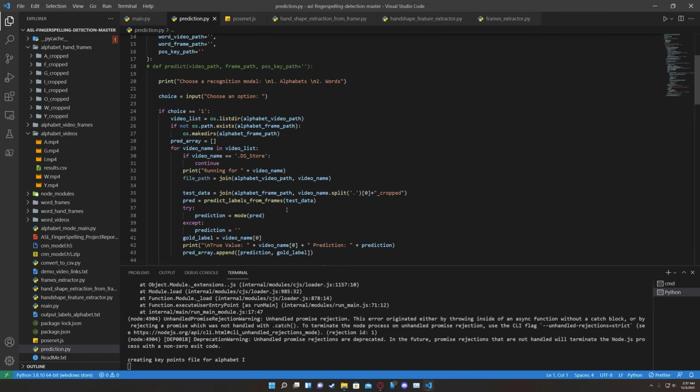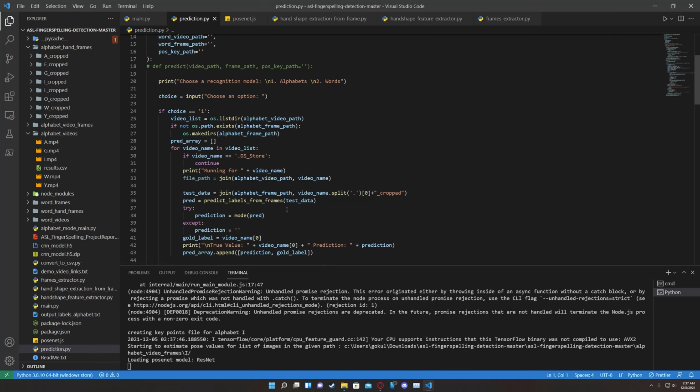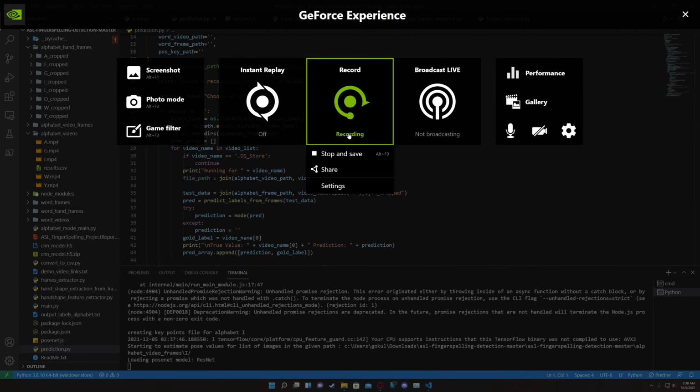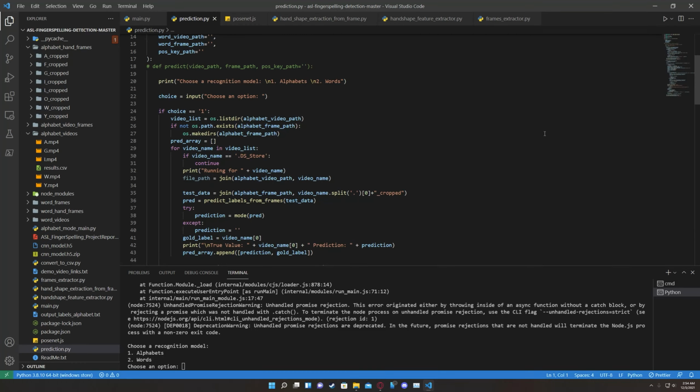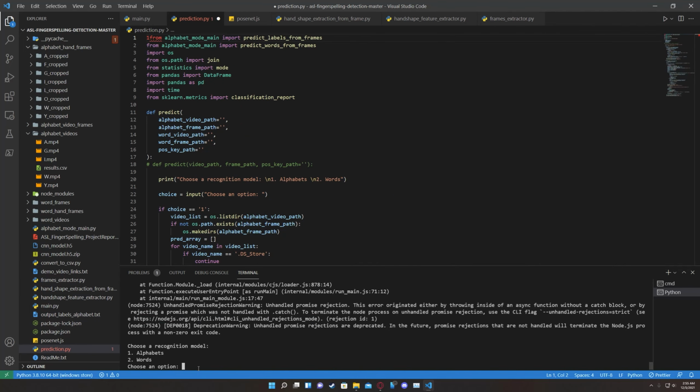Taking the maximum alphabet predicted, we then update the alphabet array, and then we take the mode of all the elements in the score array. The final result which we get as an output from the executed code for this particular object.